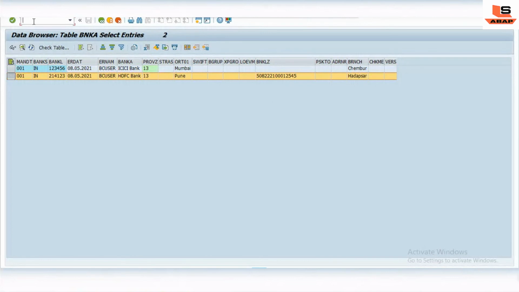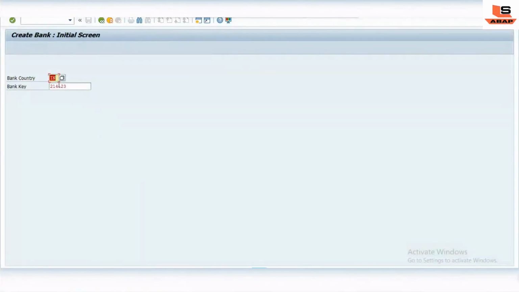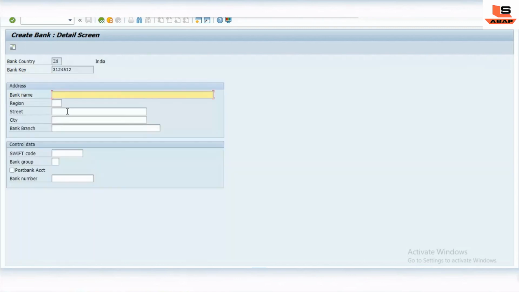We will check once again with another bank number. Go to the FI01 transaction. We'll use another bank number which starts with 3141256. Enter.